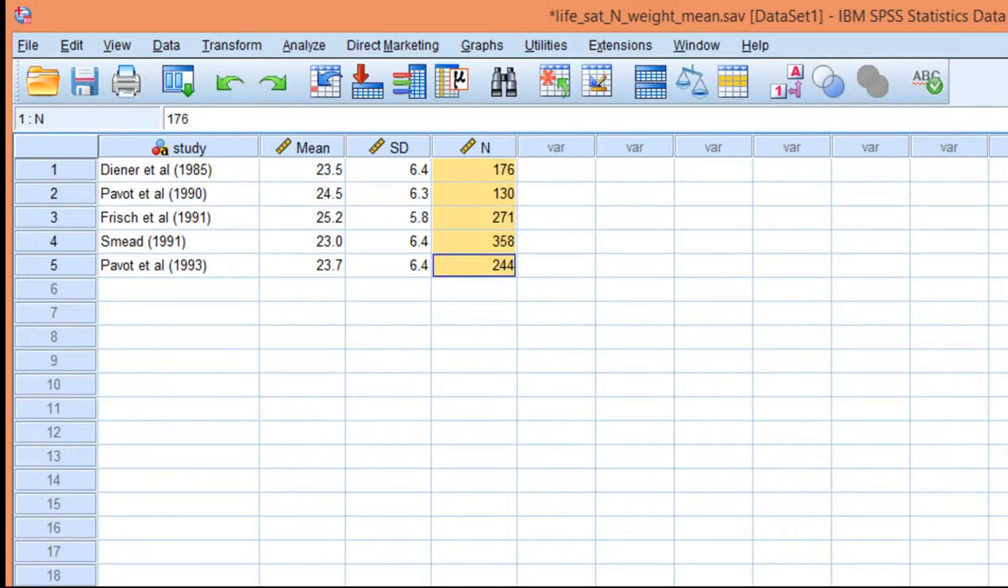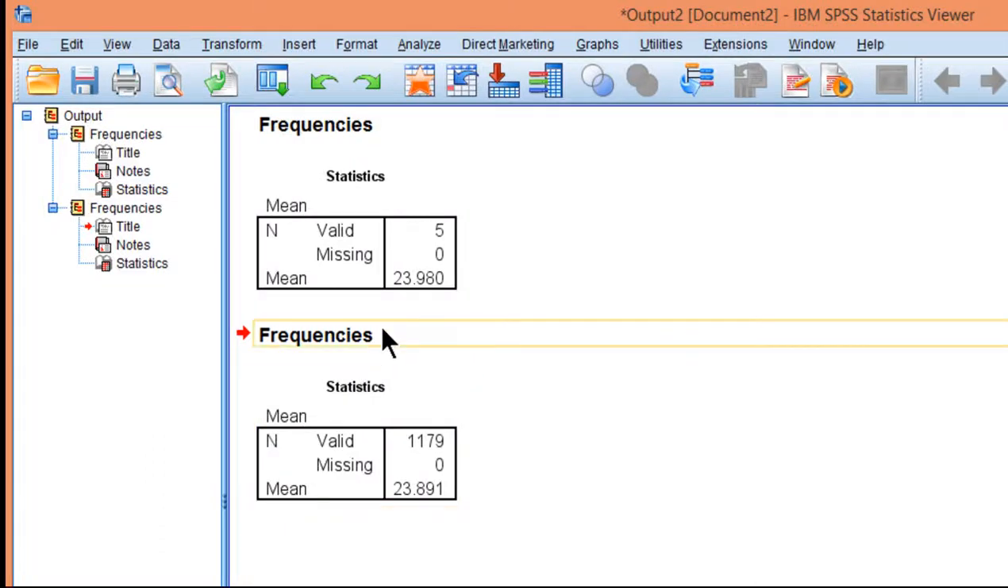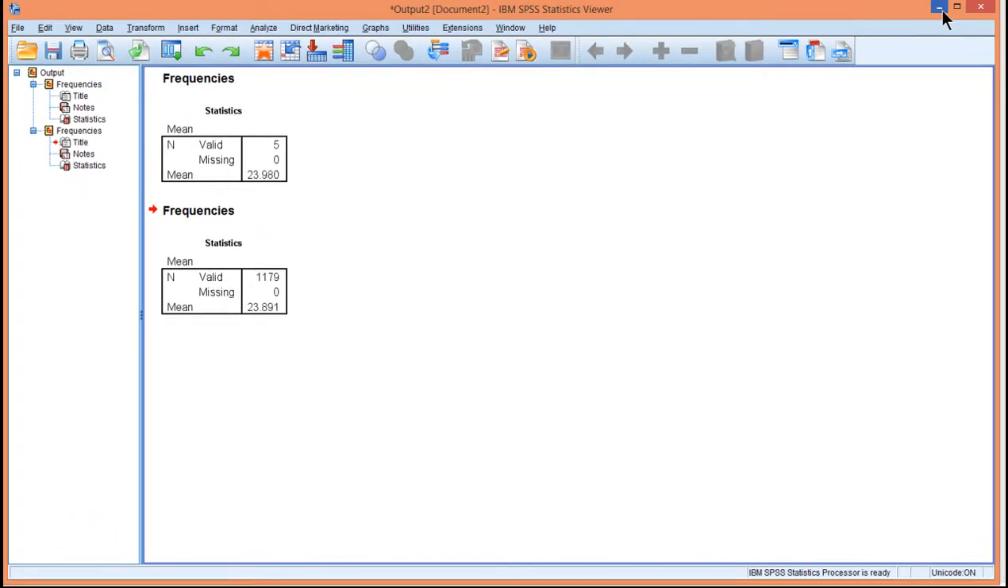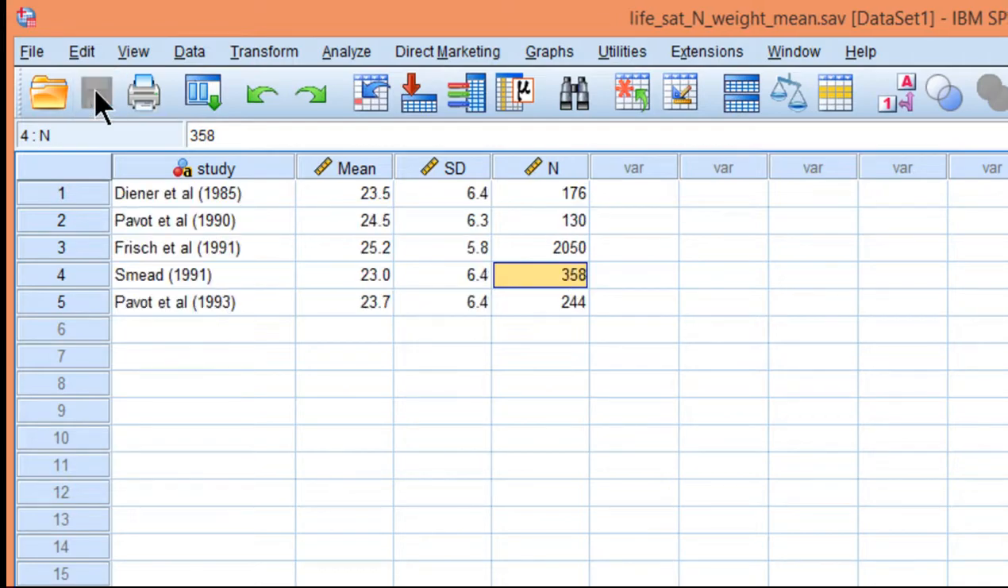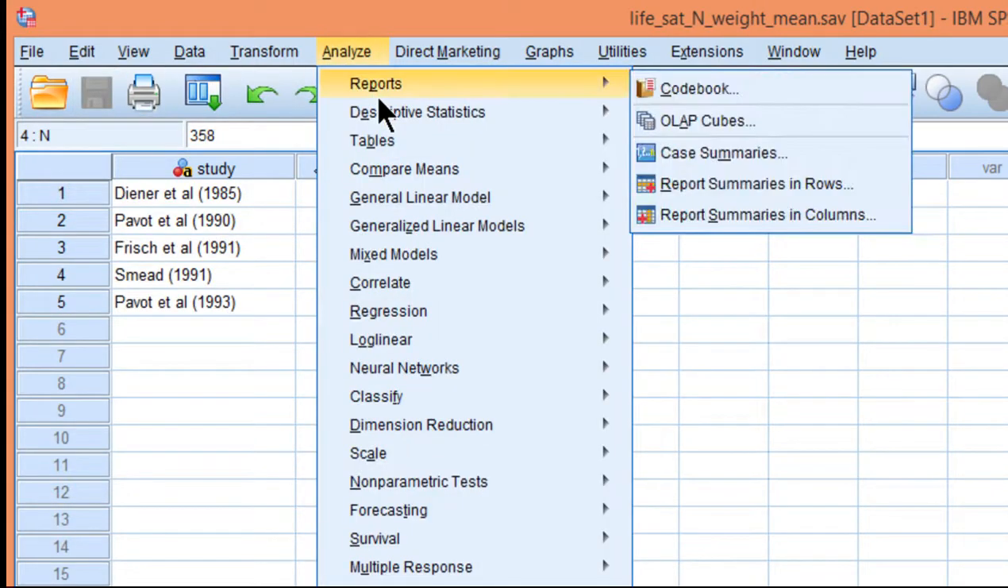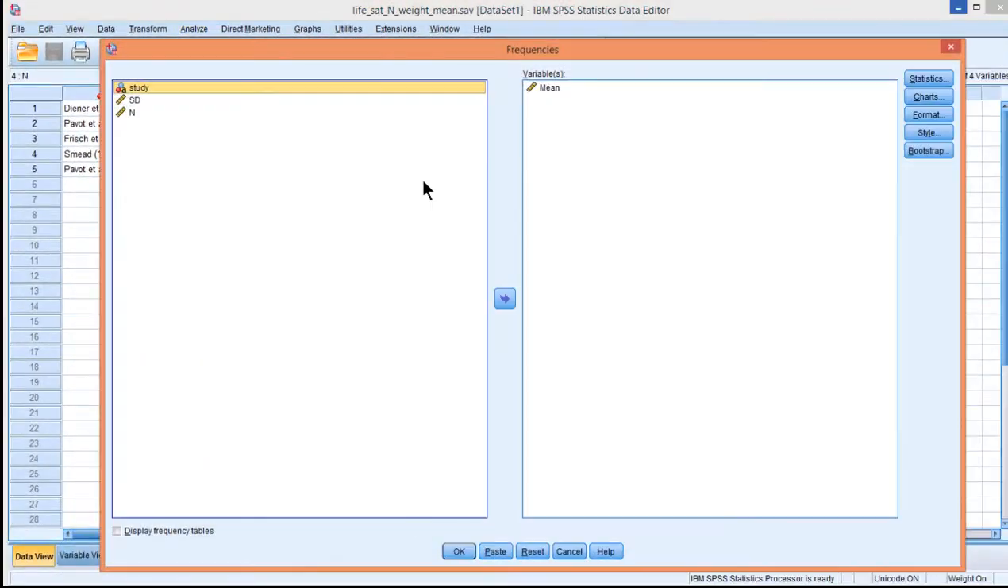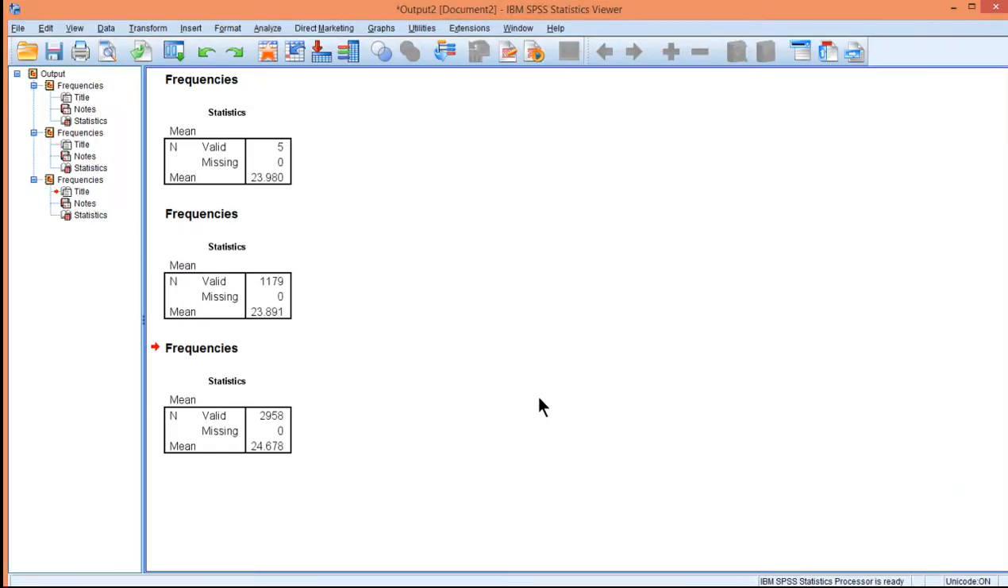Now in this case, the difference in the means was not very large, but it's definitely conceivable that you could get a pretty big difference. Supposing, let's say, this sample size, where we got a mean of 25.2, and hypothetically, let's just say that sample size was 2,050, that will probably produce a bigger difference in the means on the basis of the weightings, and